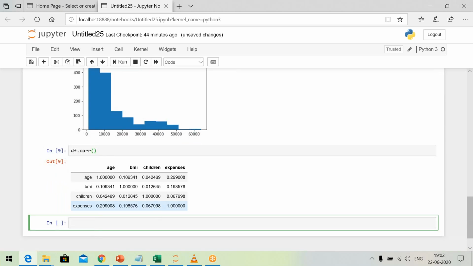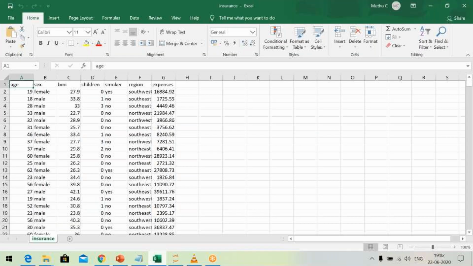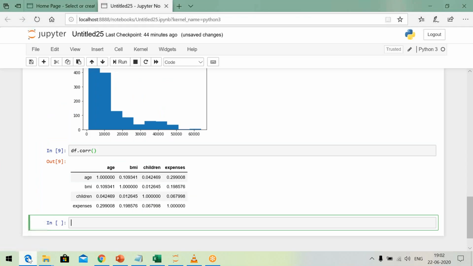See how many numeric variables are involved in our study. How many numeric variables? Four, right? These are the four numeric variables. They are listed here. See, suppose you draw one perpendicular from here and one horizontal line, both of them meet at this point. Now what value do you have? 0.30. This can be approximated to 0.30. This means that there is 30% correlation between expenses and age.